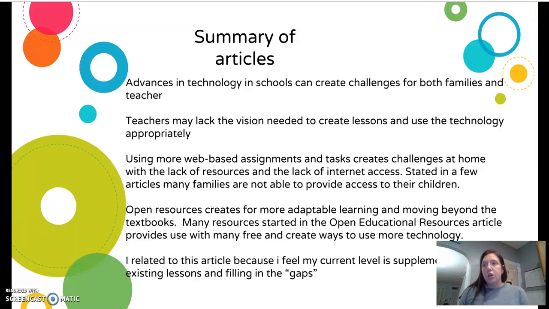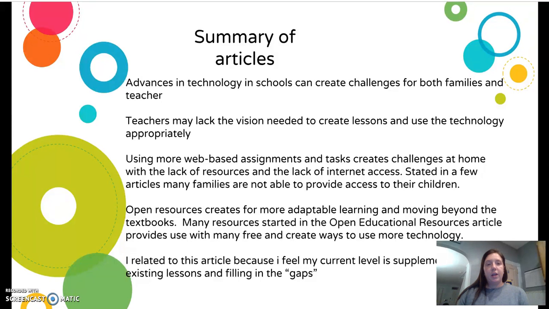I related to most of them because I felt that my level of technology is at that supplementing stage. I use technology to fill in the gaps of my lessons. I like to use an iPad to enhance maybe a specific part or piece of a lesson rather than using technology for the whole lesson.